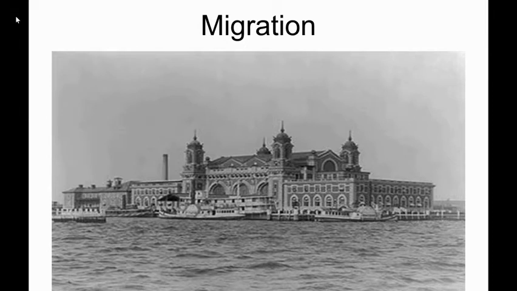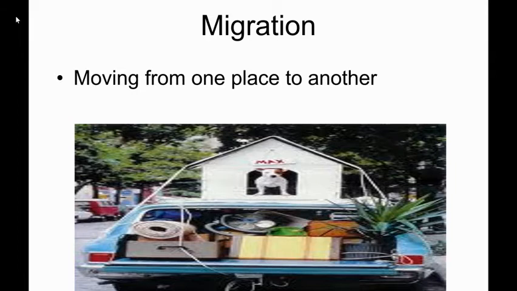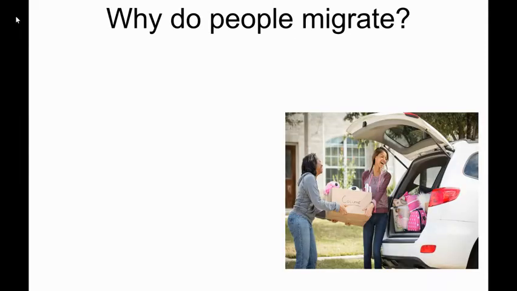We're going to talk about migration today in different types. Okay, very simply, migration is moving from one place to another. And it doesn't have to be permanent. A lot of times it is, or at least for a period of time. So we can think of migration as moving to a different place for a period of time. We can do what we call circulation, where we go to work and come back and go to work and come back. And that is migration too. But we're talking more about longer lengths of time.